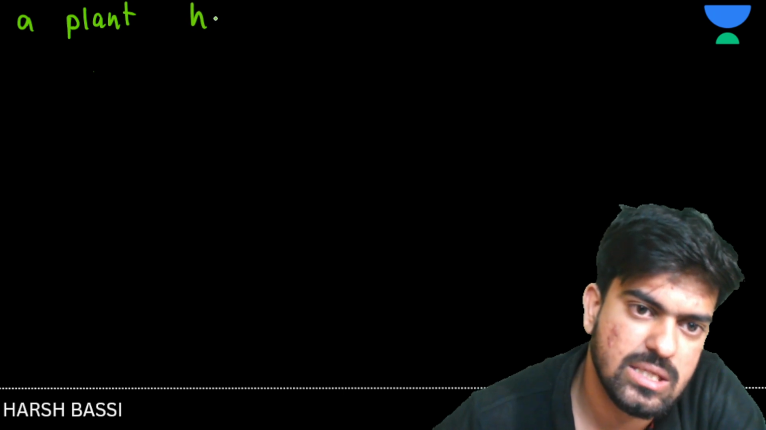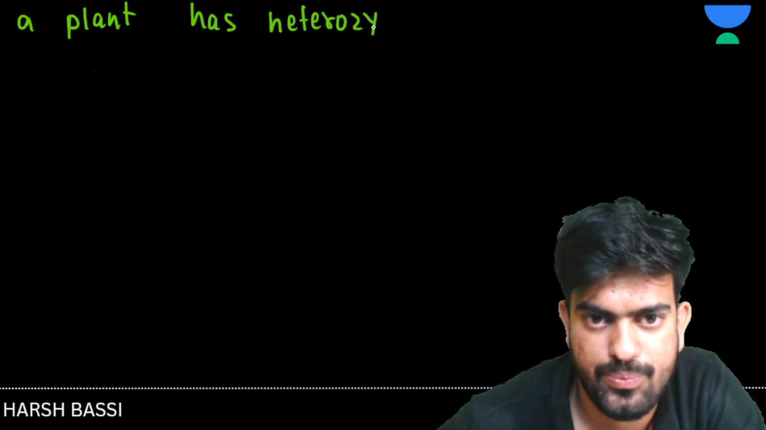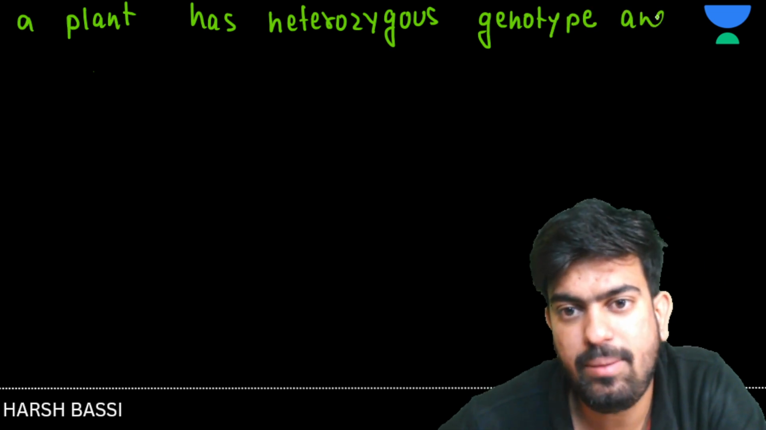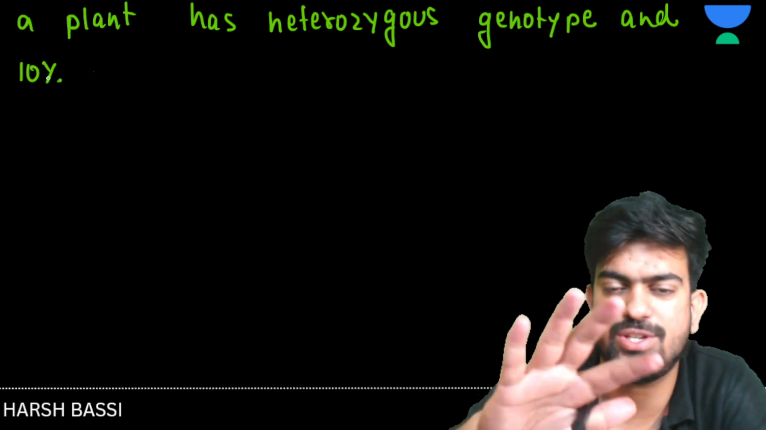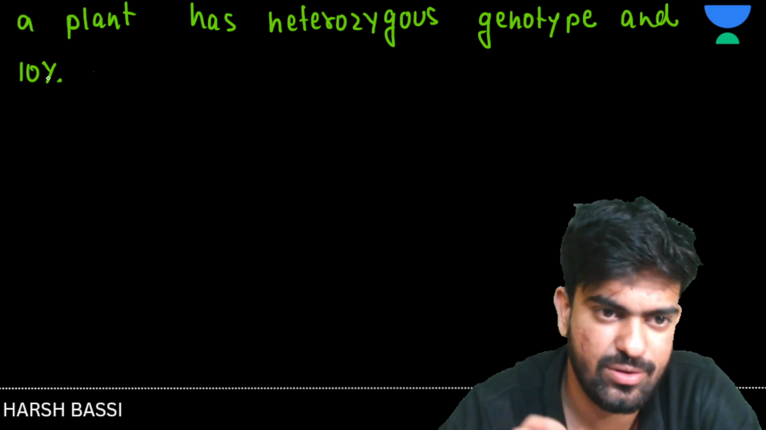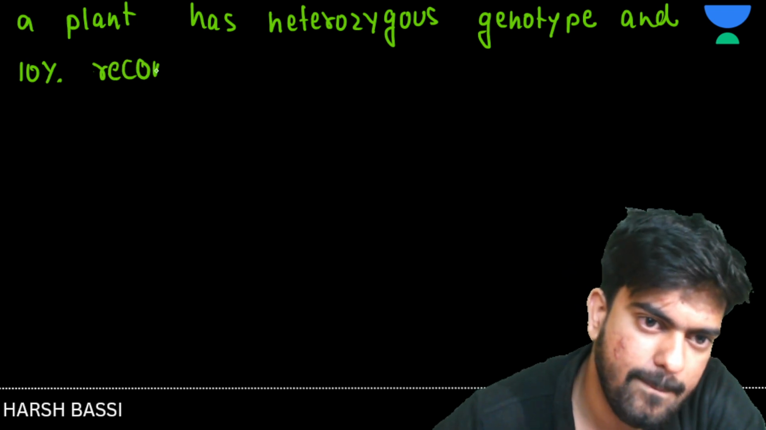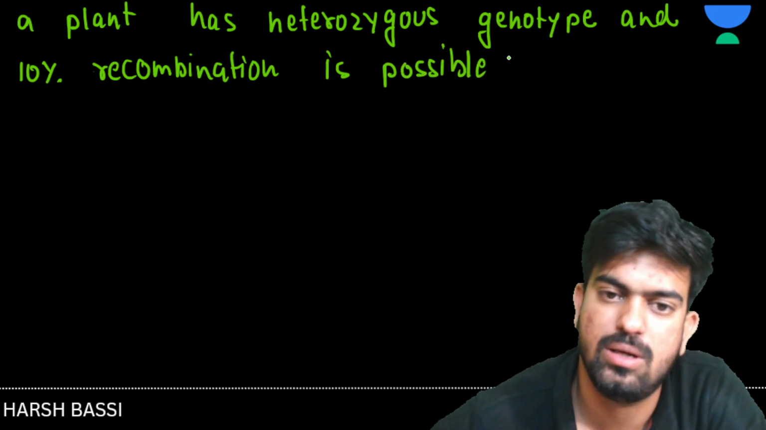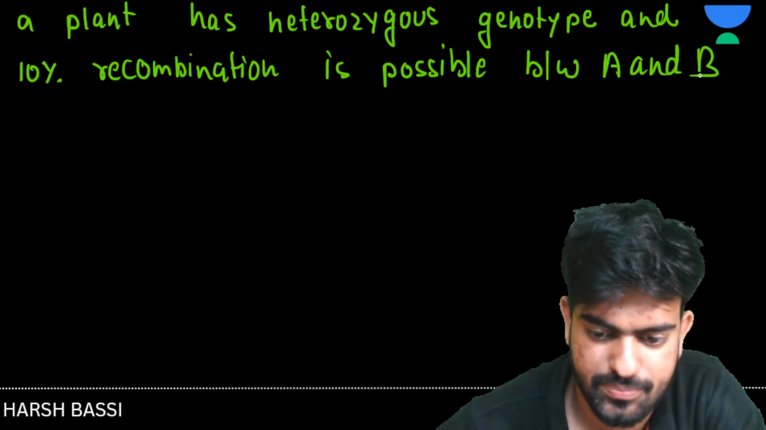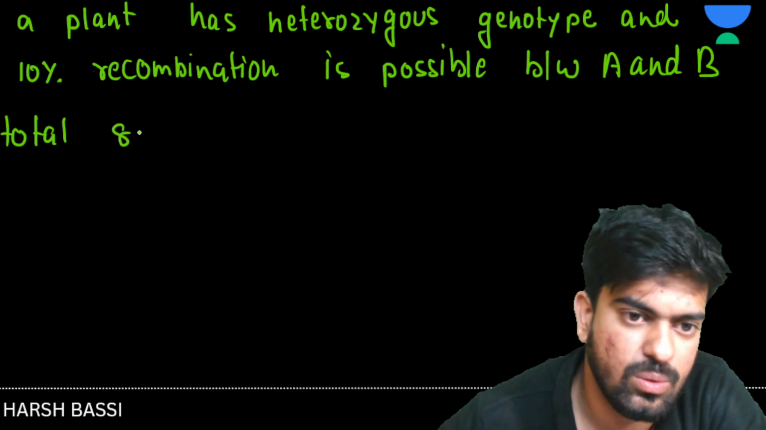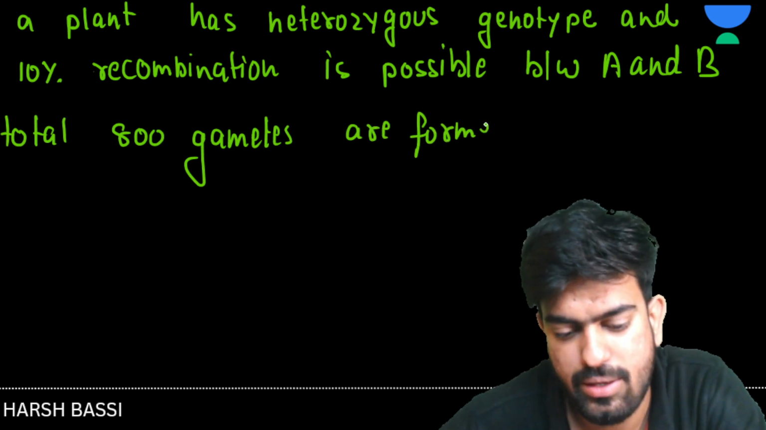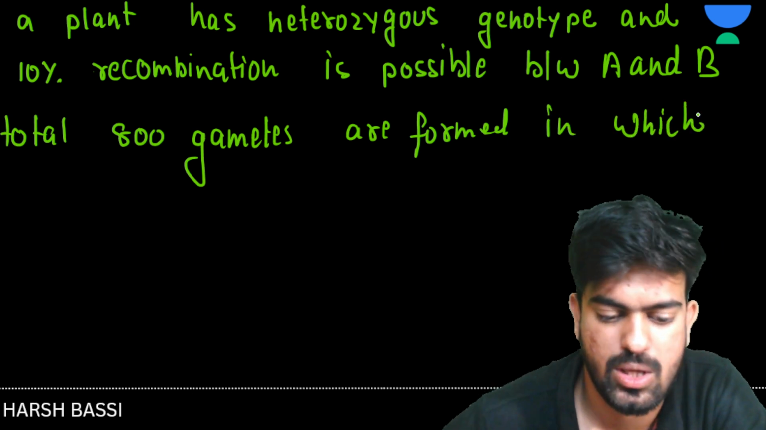Now the question says that a plant has heterozygous genotype and 10% recombination is possible between A and B. If you didn't understand this question, from this question your concept will become very strong. In total, 800 gametes are formed, in which